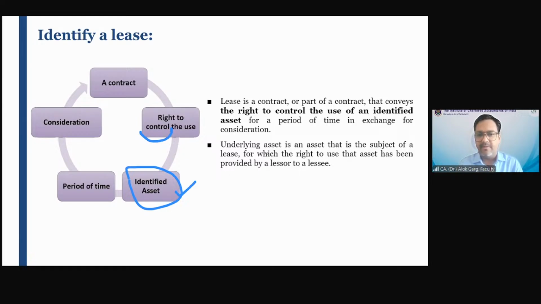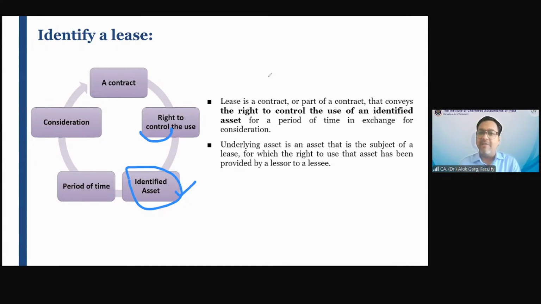Yes, sir. Right to use, but not the right to control, because you are controlling. Yes. While Prashant has a right to use the asset, he has the key, he has the car. He will use the car for 3 days, but he is abide by my all the instructions. So I am controlling the use. Where Prashant can go, where Prashant cannot go, in which condition Prashant will drive, in which condition he will not drive, how many passengers and how many people he will keep in that car, right? So I am controlling the use while he has the right to use of that car, but I am controlling the use of that car, right? I am controlling the use of that car.